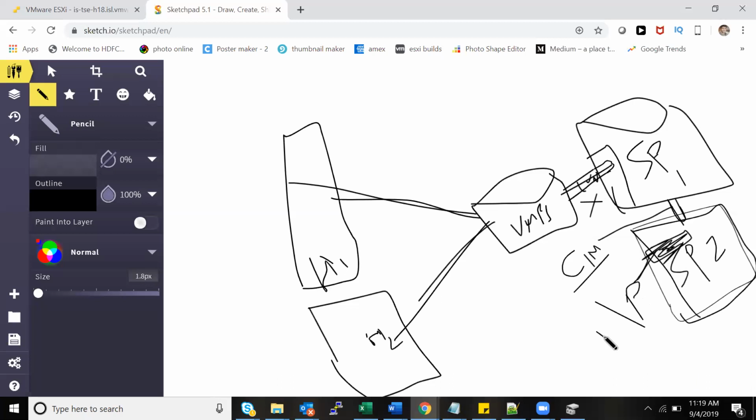Yesterday I showed you optimized and unoptimized. So this will be either active or it will be non-optimized active. So this will be presented. This doesn't mean that this is going to be also part of the data store. This will be coming into picture only if this LUN goes down.